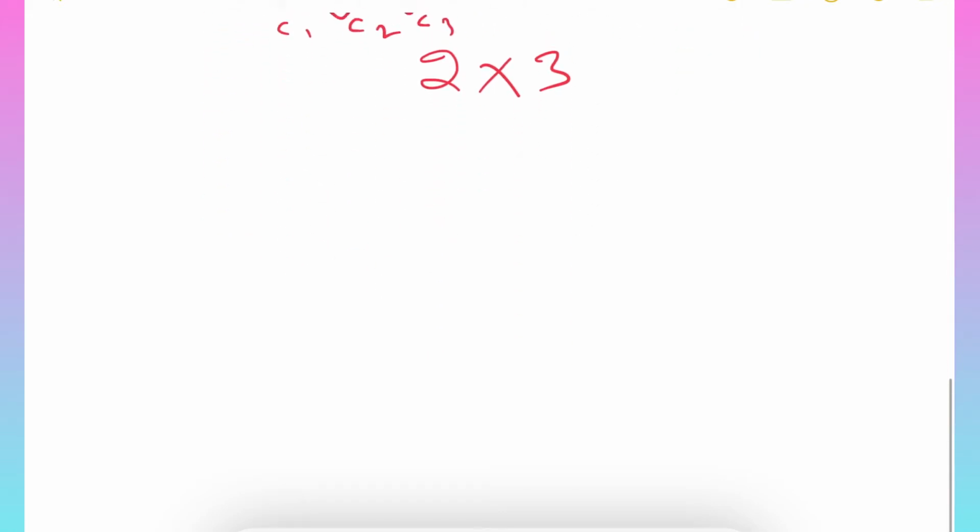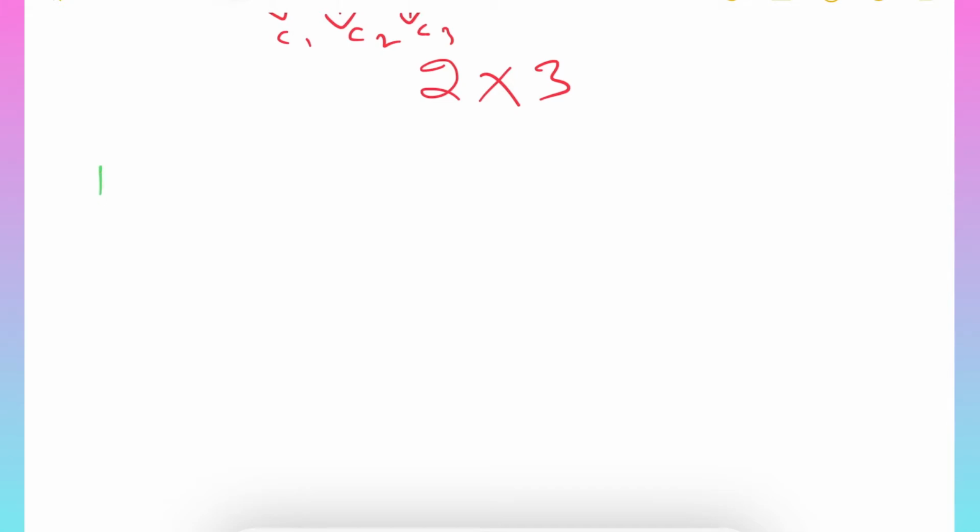Now let us move to the types of matrices. The first type we need to discuss is the square matrix. A square matrix is nothing but a matrix in which the number of rows is exactly equal to the number of columns. For example,